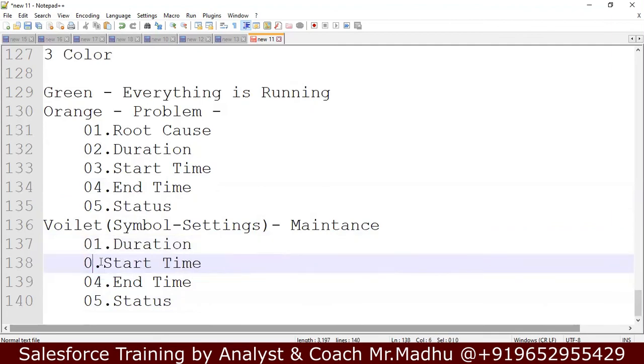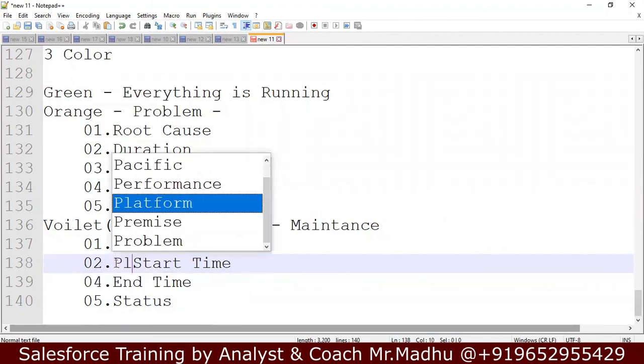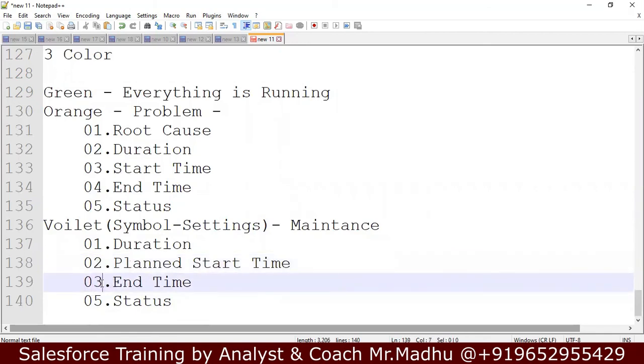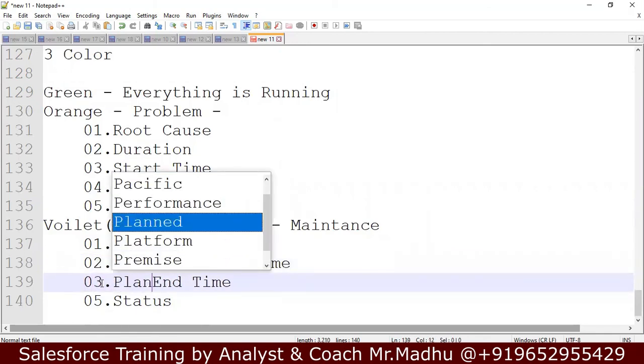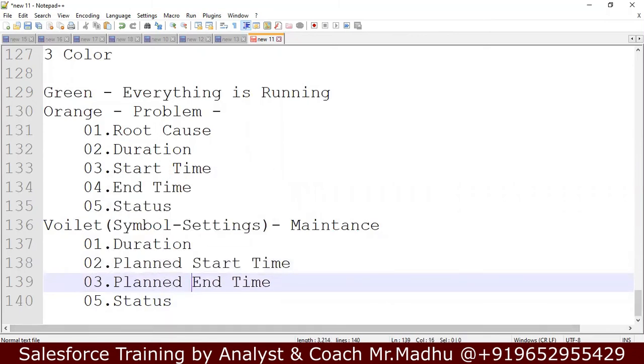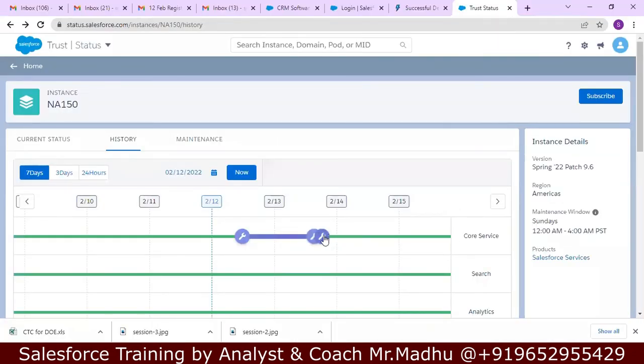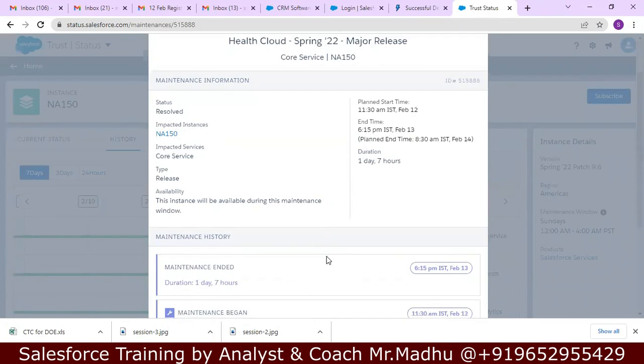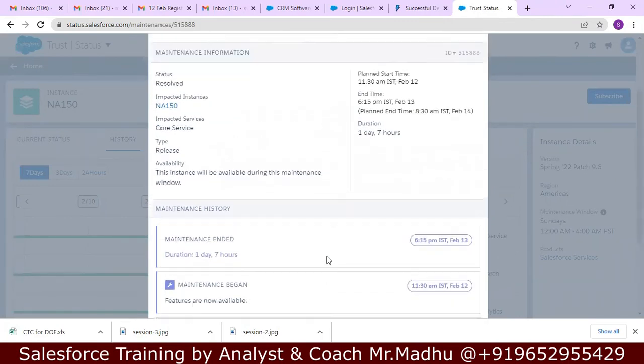And we have seen planned start time, planned end time, duration. Here we can see status, impacted instance, impacted service, type of release, and you can see availability and maintenance history. All these things you can see.